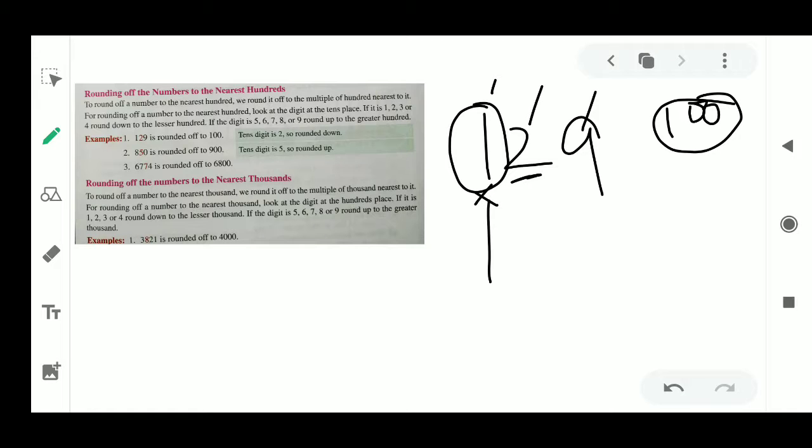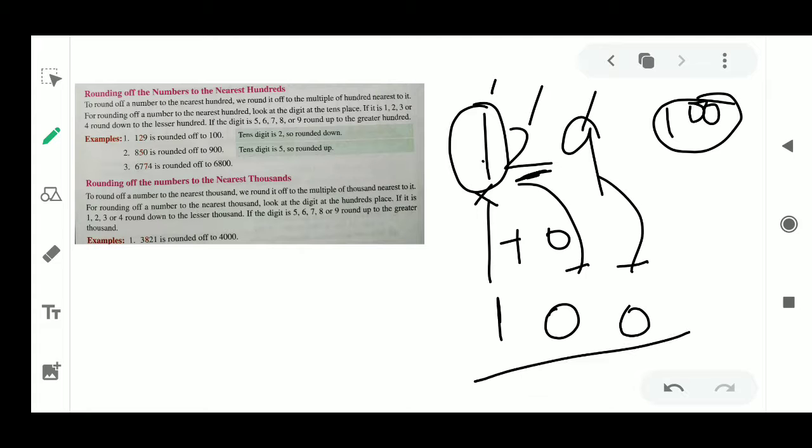Now we will check just after this circled number, there is 2. According to the table which I told, if the number is greater than 5, plus 1; equal to 5, plus 1; less than 5, plus 0. So here this 2 is less than 5, so we do plus 0. So 1 plus 0 is 1, and I told you the right side of the circle number all became 0. So 109 also became 0. So that is your round up, that is your answer, 100.